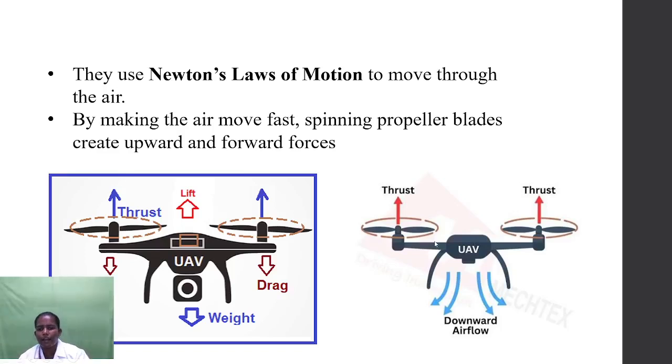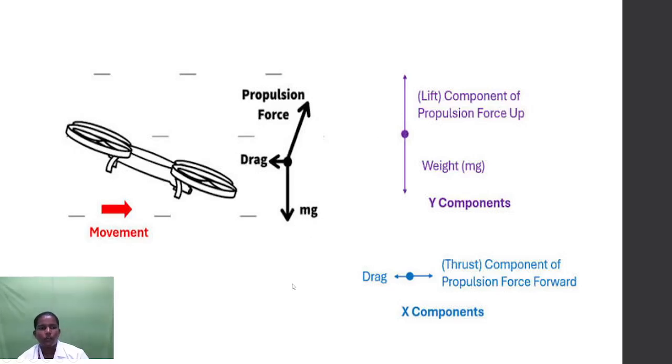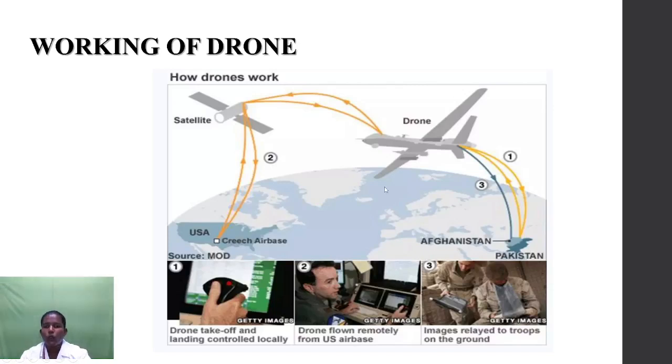You can see the diagram of how the thrust is produced, the downward force of the airflow. And you can see the Newton's equation of motion. The lift is created by the component of the propulsion force, the drag is pushed backward, the downward force of the drone. And the working condition means you can see the drone, the satellite, and the remote control